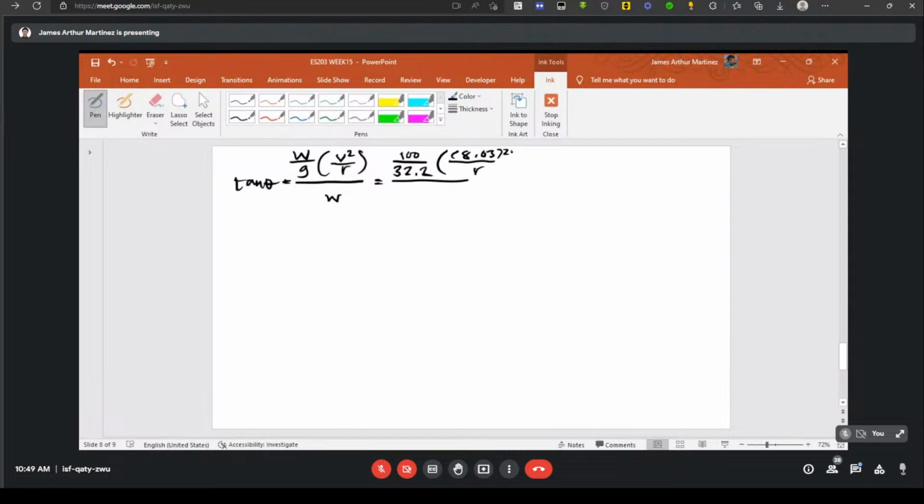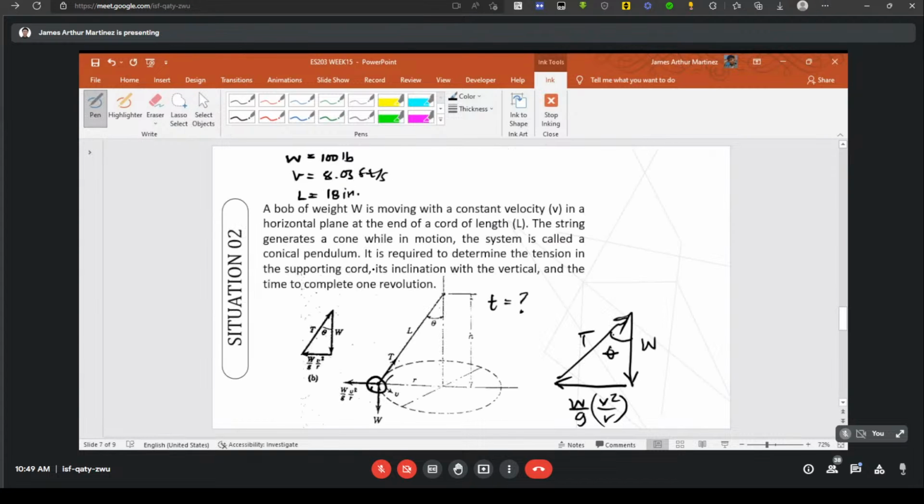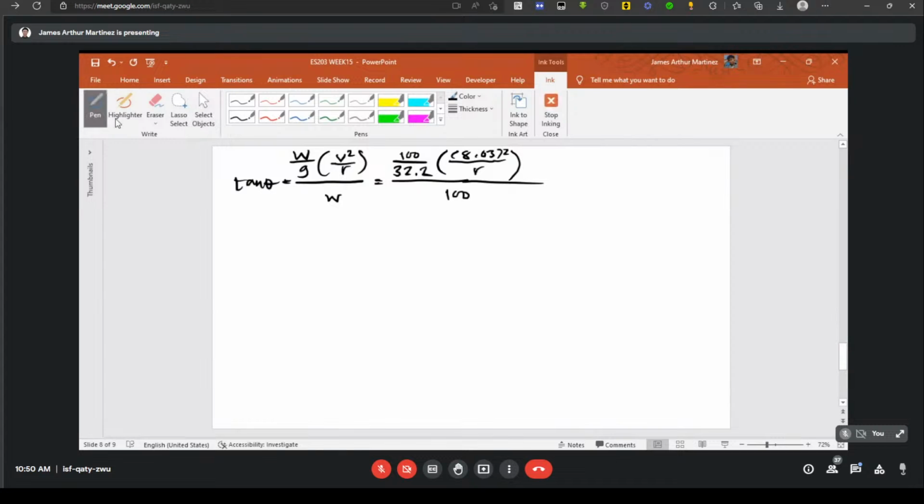We don't know the radius of our rotation yet, and W is only 100 pounds. We don't have data for the radius, but we will get a relationship for it later. So let's simplify. You have tangent of angle theta equal to